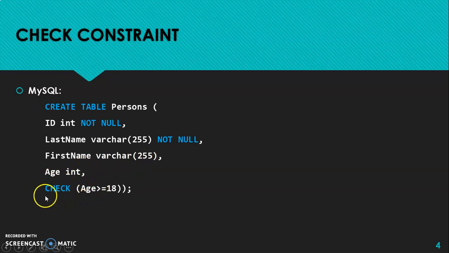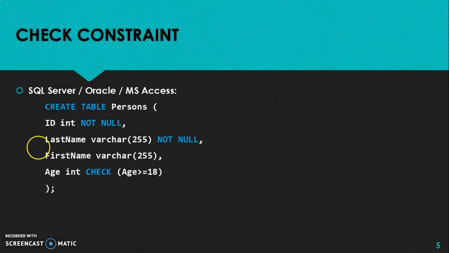Additionally, what we have done here is given a check constraint and assigned a condition: the column age should be greater than or equal to 18. Means while entering or updating this table person, if you want to enter or update the value of age, the value should be equal to or greater than 18. If you are assigning a value lower than 18, it will not allow you to update or insert.